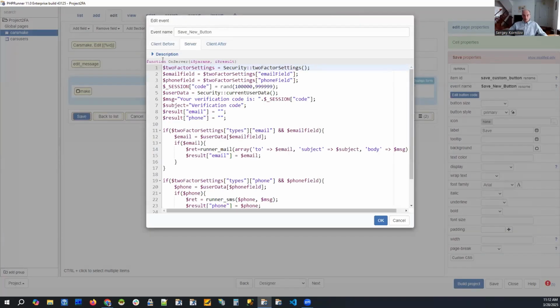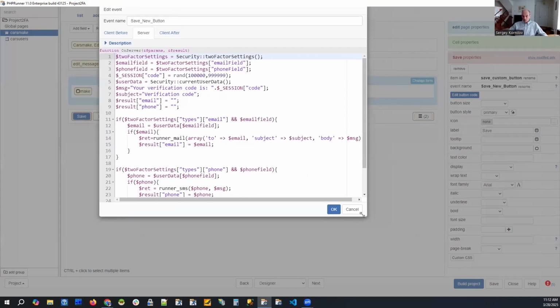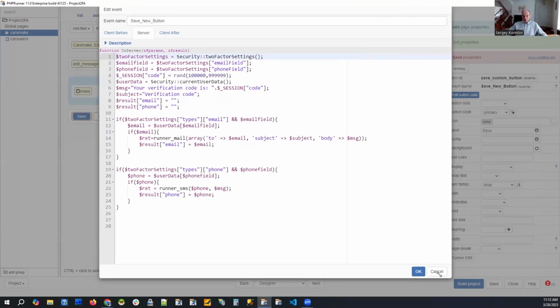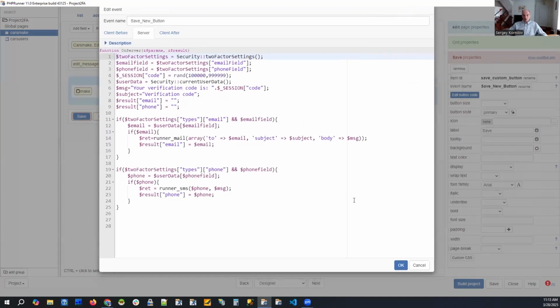Okay, so there is no code in client before. In a server event, we could probably go to event editor. And okay, that's good. So let's take a look at what we're doing here. First of all, I just want to introduce something that can be useful. It's not in the manual yet, but we will add it. It's just a pretty useful